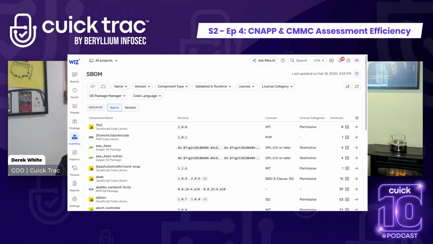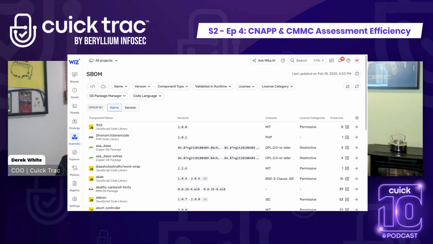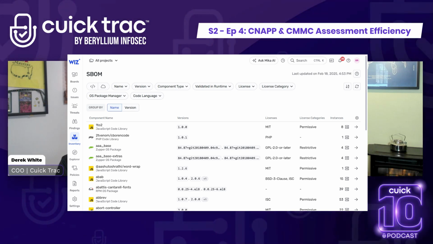So it's not just that I have this Linux machine with this operating system and these components, but actually this is what's running and this is what's not running, which can help if there's a known vulnerability and that software provider hasn't provided the patch yet.